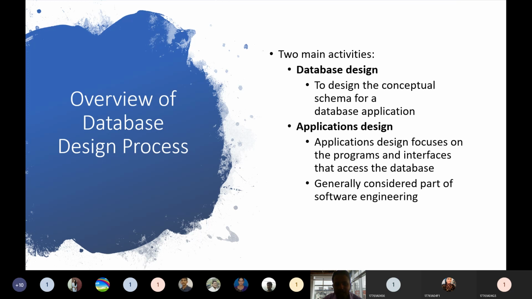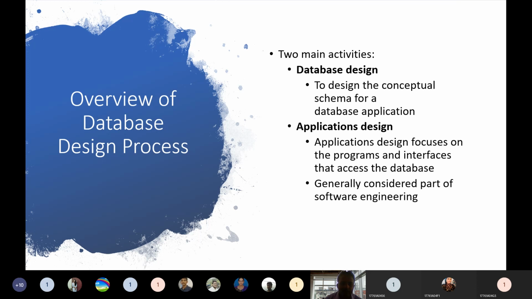Not only database design, there will be application design also. This focuses on programs and interfaces that access the database. So there is the application as well as the database design. The application accesses the database, and the database is what we are studying now.